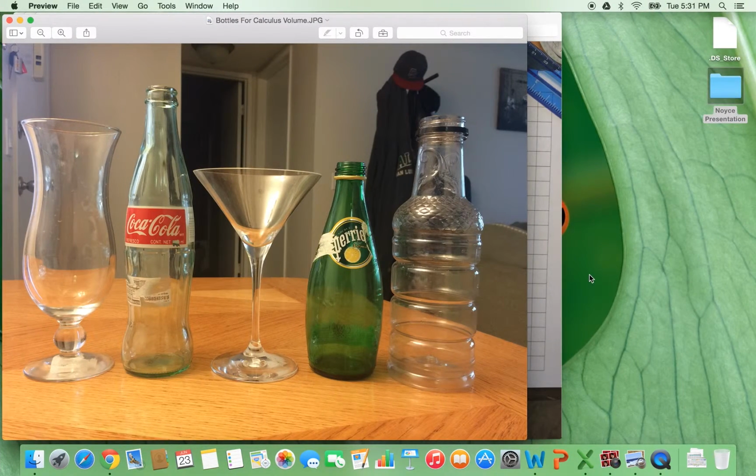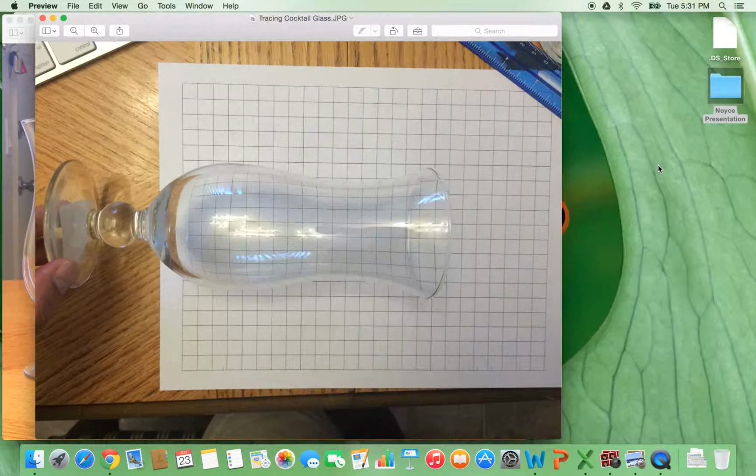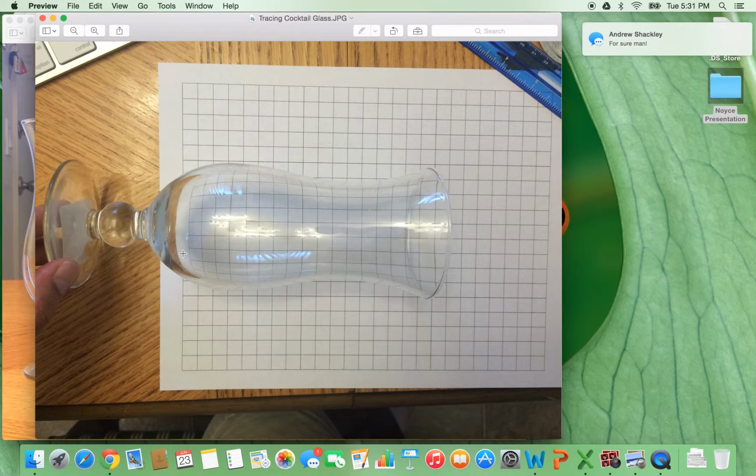So the first thing that I am going to do is choose this, and if I were a student, I would go up to the front of the class, pick up this cocktail glass, get my centimeter graph paper, and trace it out. That's what I would be doing here. I'd hold it so that the inside of this starts at